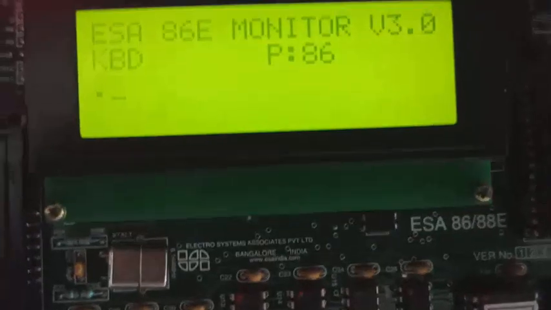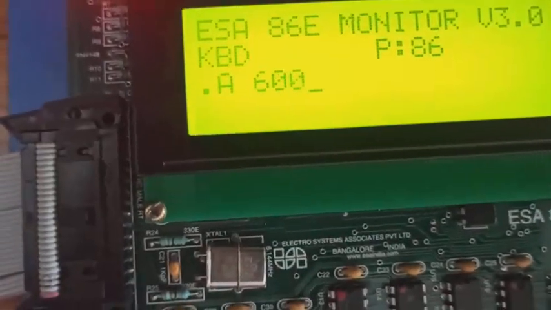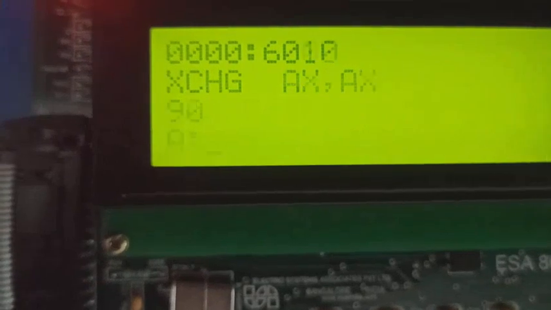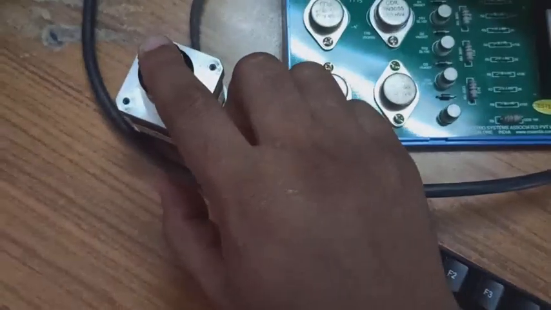The program is already typed in this memory location. As the kit is already interfaced here, the stepper motor doesn't have any motion now.